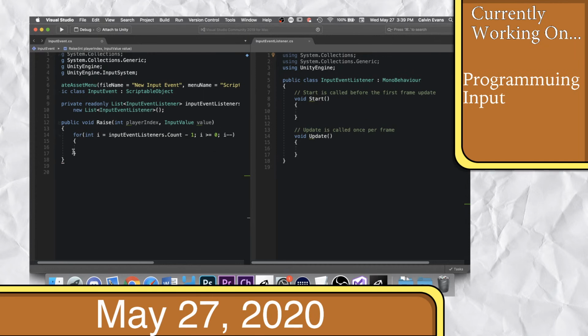Then we're going to keep on going through this section as long as our integer is greater than or equal to 0. And then at the end of each loop, we're going to remove one from the integer. So we got like,